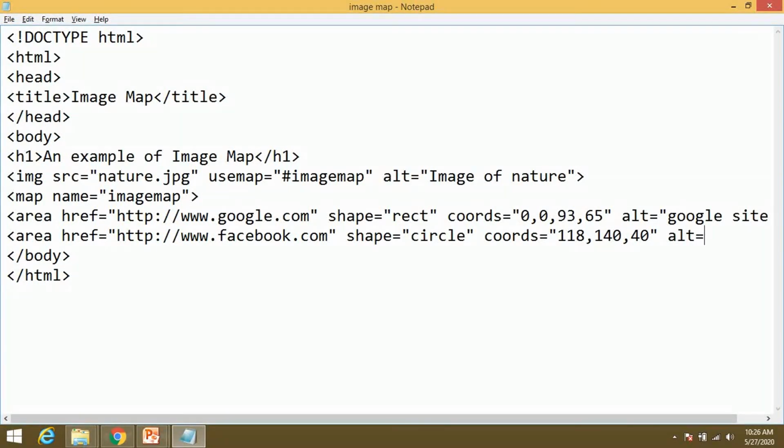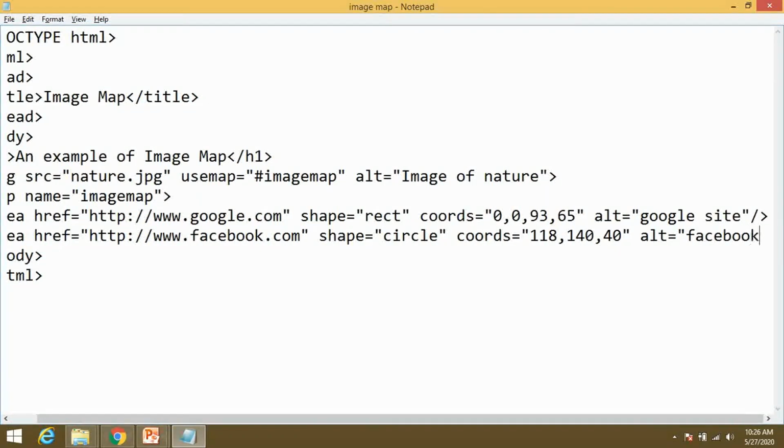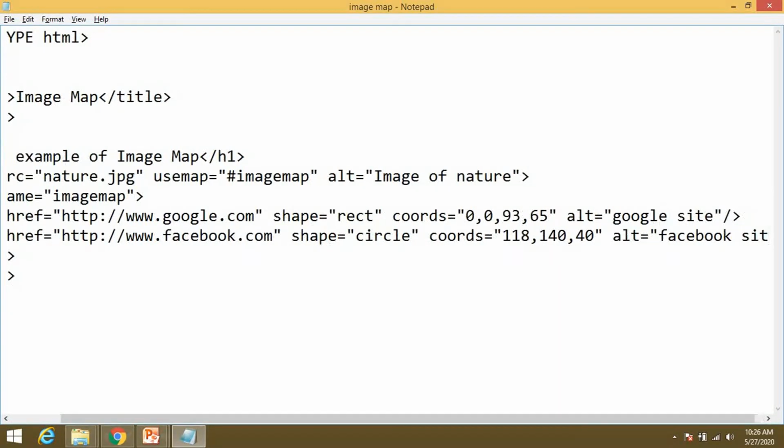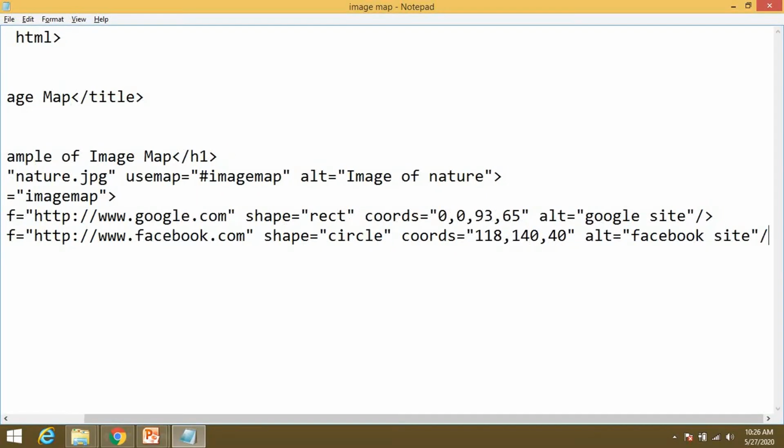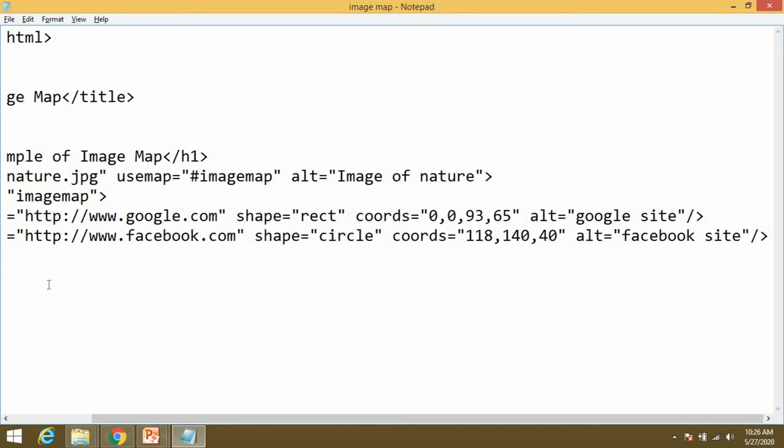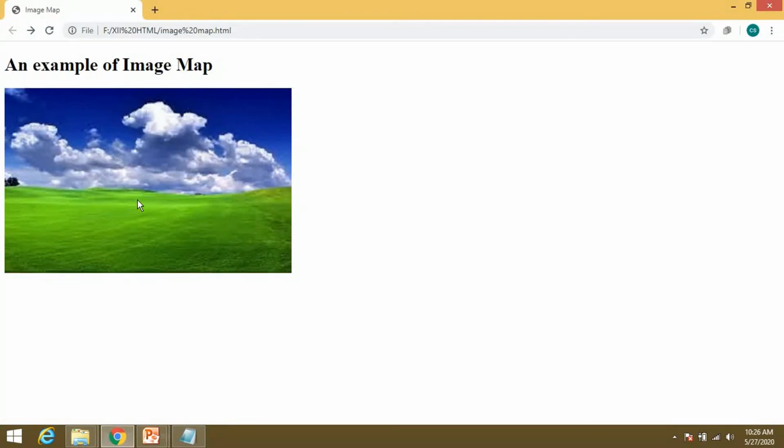Alt equal to Facebook site. Just close this, save this, and execute this on the browser to see.